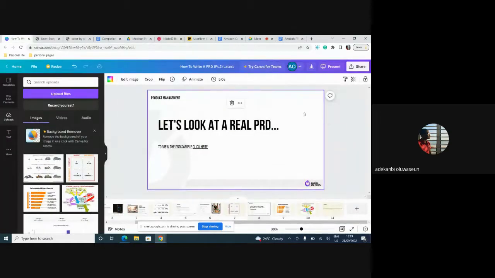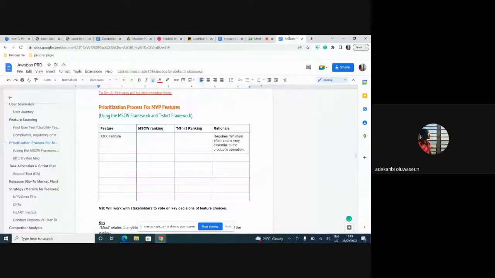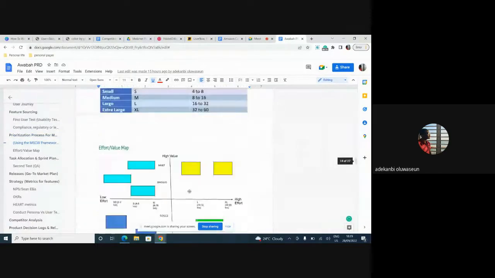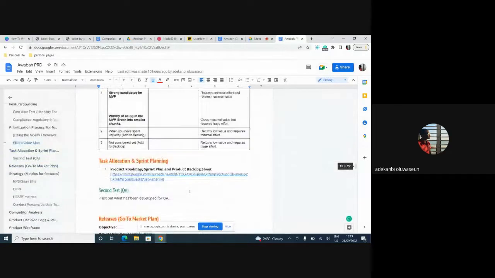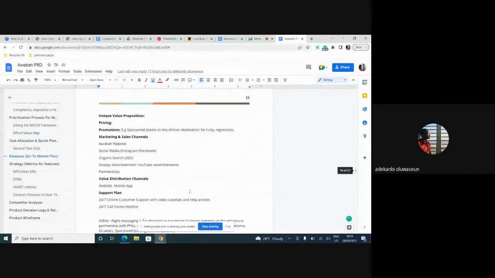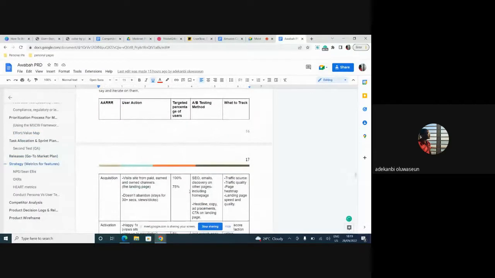So yes, let's go back to our slide. I believe the only thing that is left for you to know in this class is metrics, right? Understanding that, okay, now I have these features, what are the metrics? How would I judge all of these features? And how do I know that I have succeeded, right? Before I share that with you, I think I'll show you, just a second. All right.